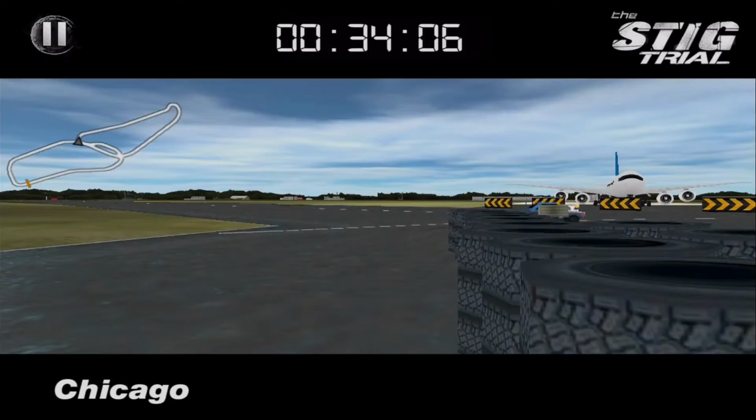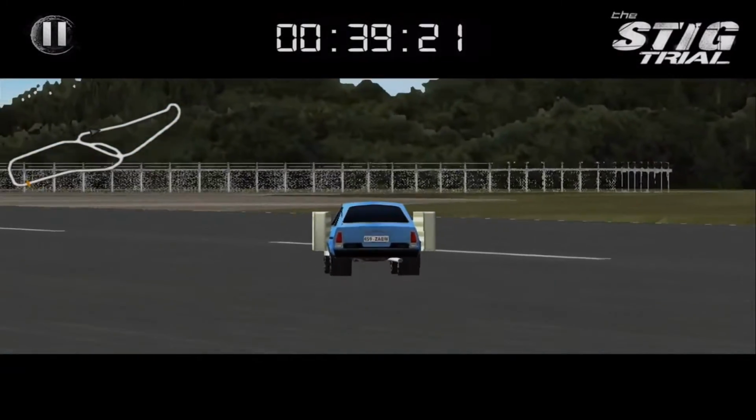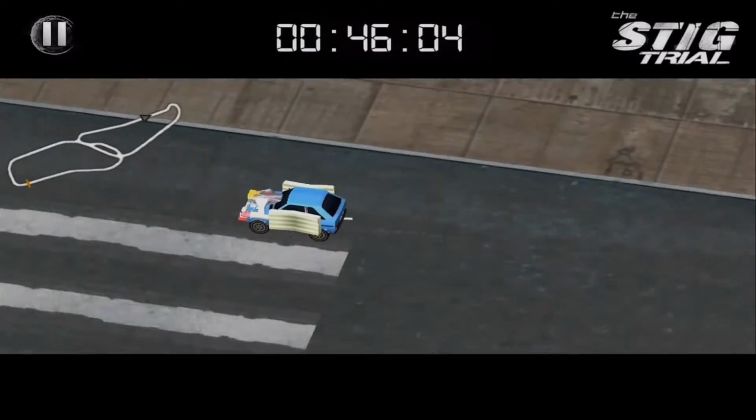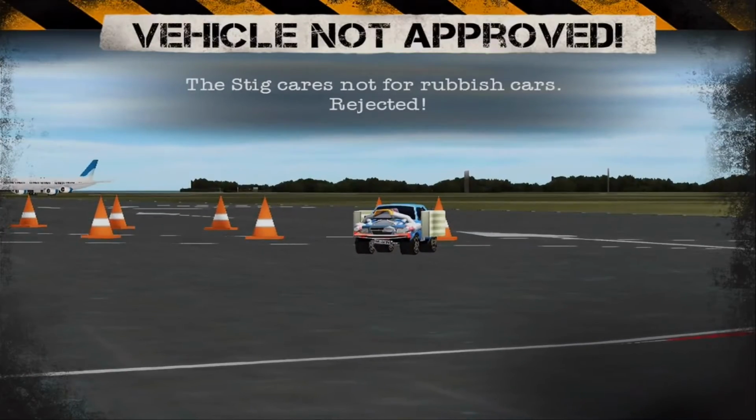Yeah, I mean, it's because the Stig can reject a car. If it goes too slowly, or if it's too much of a handful to drive, the Stig can reject it. Normally, if he gets through Hammerhead unscathed, he will